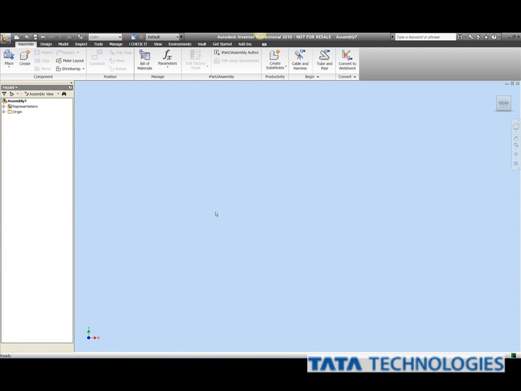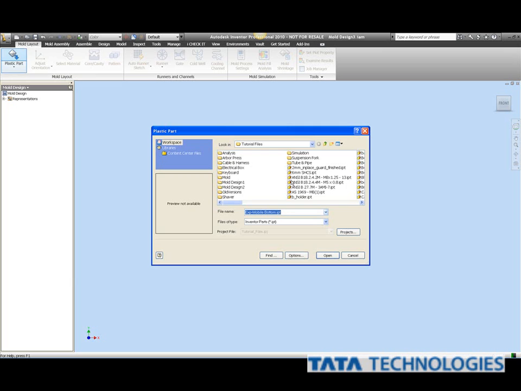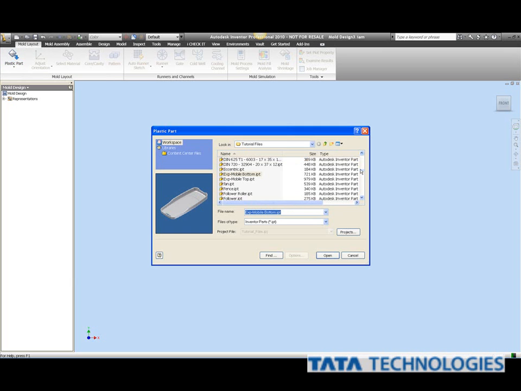From here, the first thing we're going to do is insert our plastic part. We're going to use a very common plastic part that we've been using. In this case, we're going to use the mobile top complete. Bring that into the file,